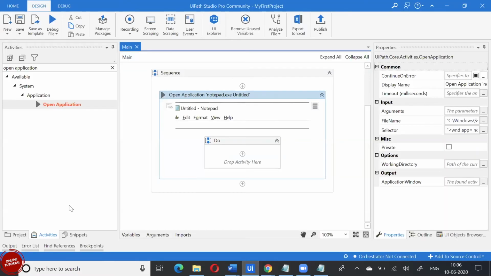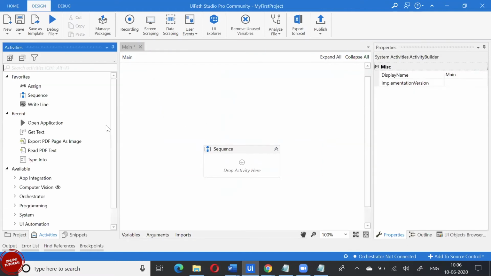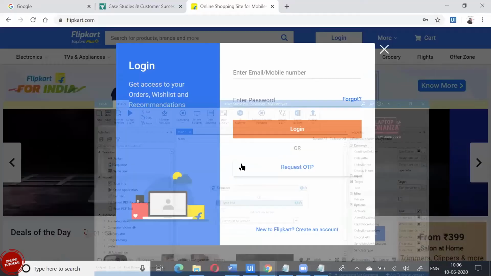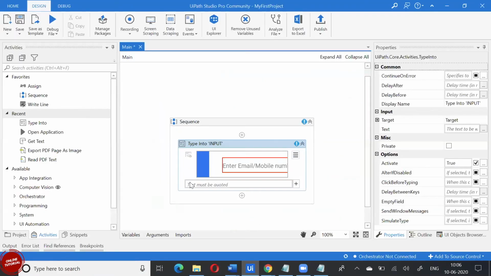In my code, I'll tell it to type into the field, so I tell the system where to type here. And I'm going to tell what email ID I want to type, say abc@gmail.com. I'm giving some dummy value.